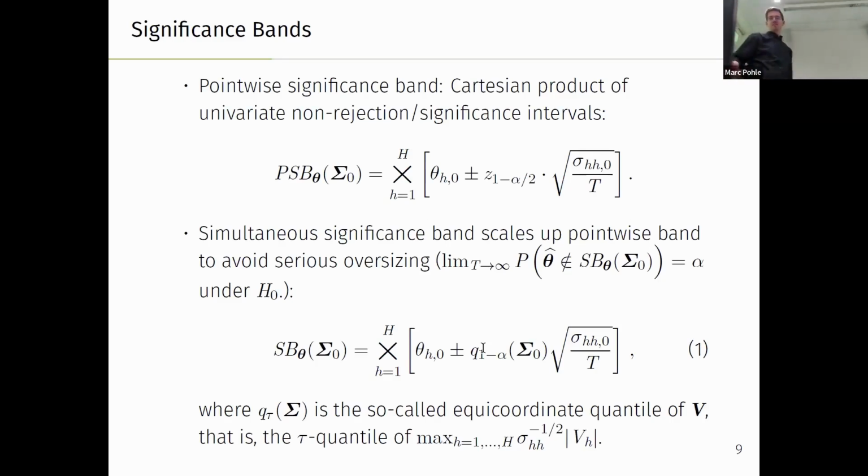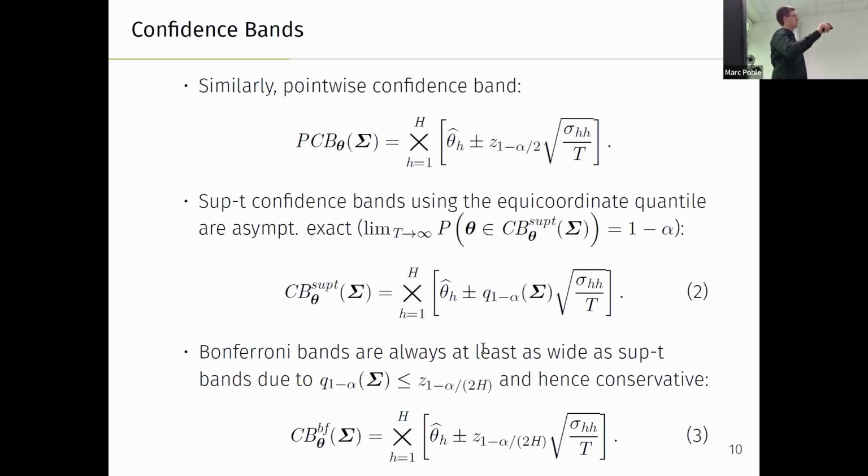We'll come to that. But the sup-t bands will always be less wide, smaller than the Bonferroni bands. Okay, so we could have written down a Bonferroni significance band here. We don't do that because in the current version of the paper we don't need it. But for the confidence bands,